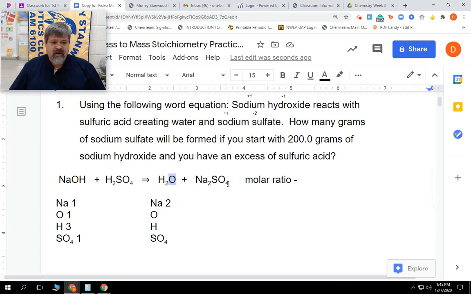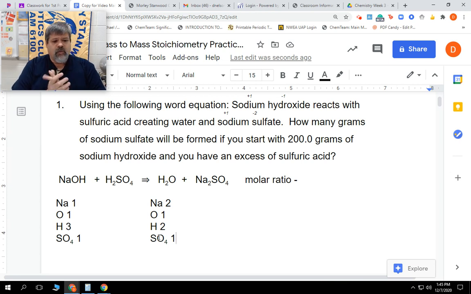Again, there's some over there, but that's tied up in that sodium. So we're going to put a 1 right there. Hydrogens, we have 2 here. I do not have any more, so we have 2, which is a good thing. And when I go to my sulfate, we have 1 on each side. So my sulfate's good. We're going to save water to the end, because I always like to save water, because